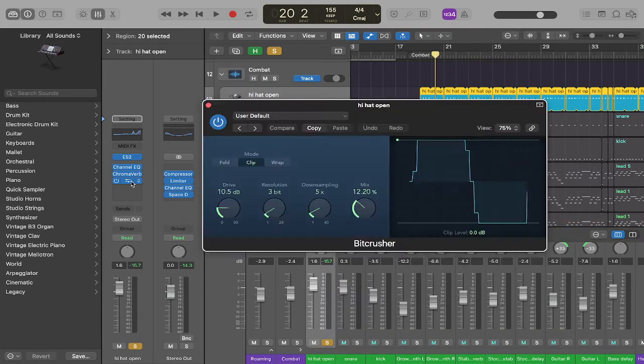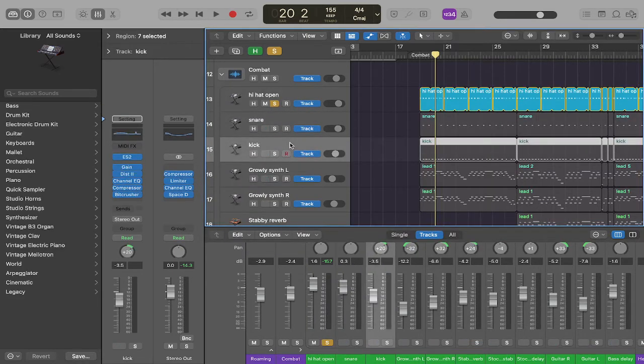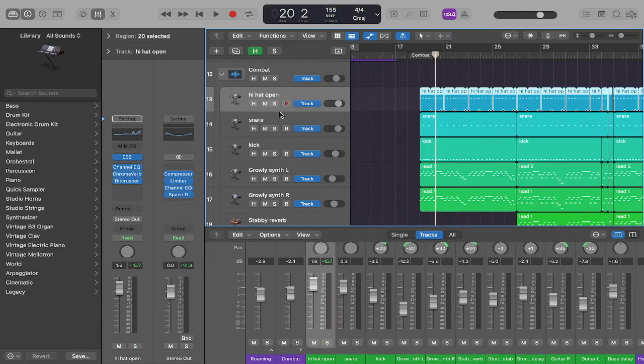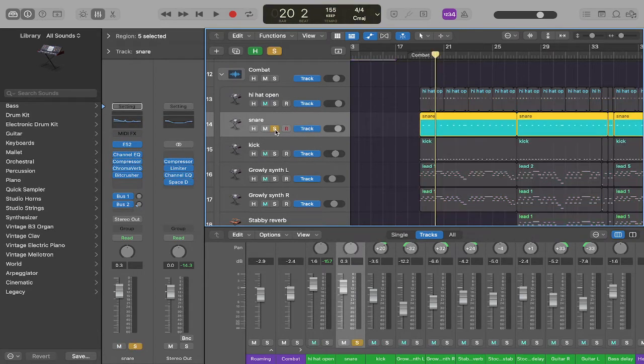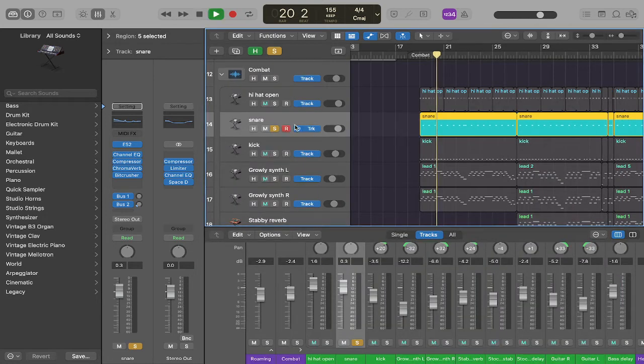And we've got a bit crusher on there, which I found for this piece, adding bit crushers onto my drums, as you can see, made them sound a lot more fitting for that kind of loud rock sound. Again, similar with the snare, using a noise oscillator, and I've got some decay on there that was very similar to the open hi-hat actually, because I wanted them to sound quite similar. But if you just take a listen to this,